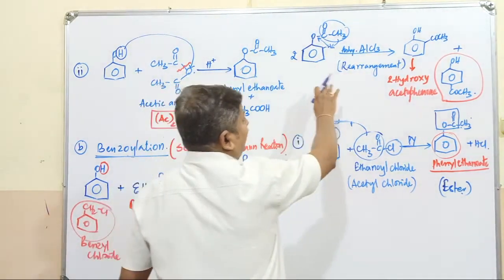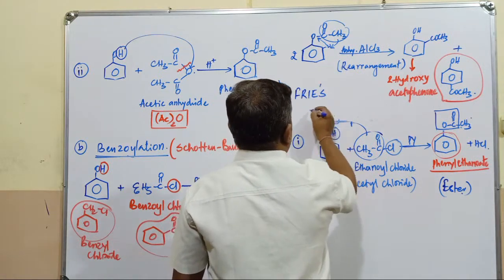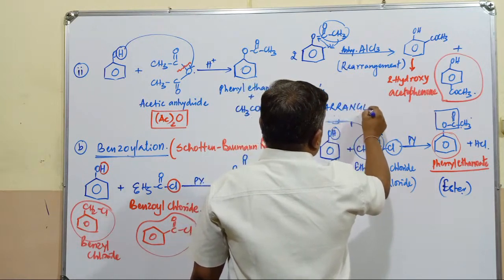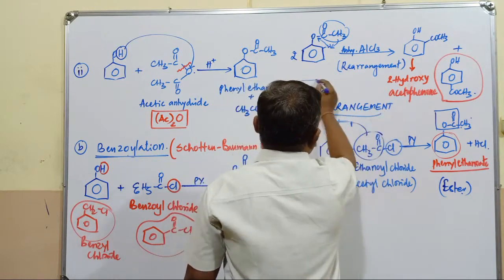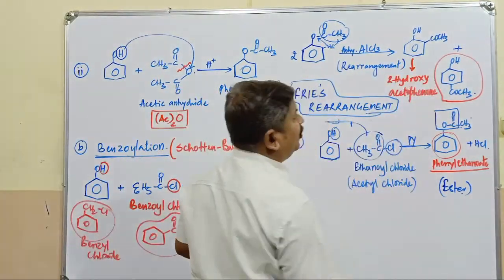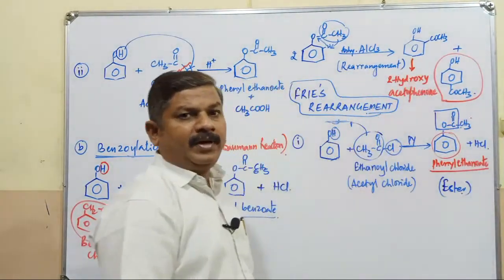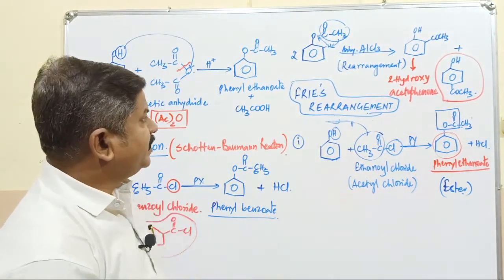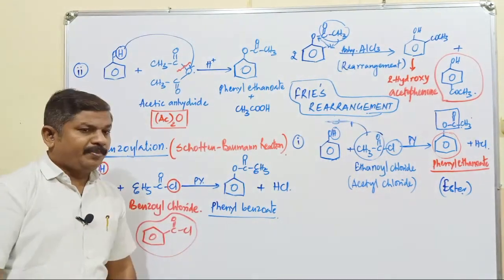And this rearrangement, wherever it takes place, is commonly known as what? Fries rearrangement reaction. What happens in Fries rearrangement, students? In the Fries rearrangement reaction, the phenyl acetate compound undergoes rearrangement to form what? 2-hydroxy acetophenol, and what is this one? 4-hydroxy acetophenol compound. And this rearrangement is generally called the Fries rearrangement reaction. This is about the esterification reaction which takes place in case of phenolic compounds. Copy it fast.